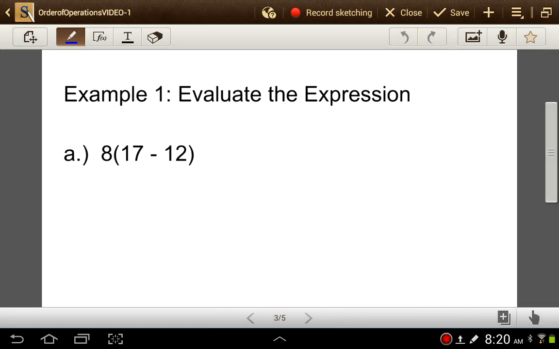Okay, example 1, evaluate the expression. I'm just going to go through my steps right here. First, I have parentheses, so I'm going to do that first. So it's just going to be 8 times 17 minus 12 is 5. Remember that parentheses stand for multiplication. So I have 8 times 5. That's my next step, and that is 40. So I did my parentheses first, and then I did my multiplication second, and I got 40 as my